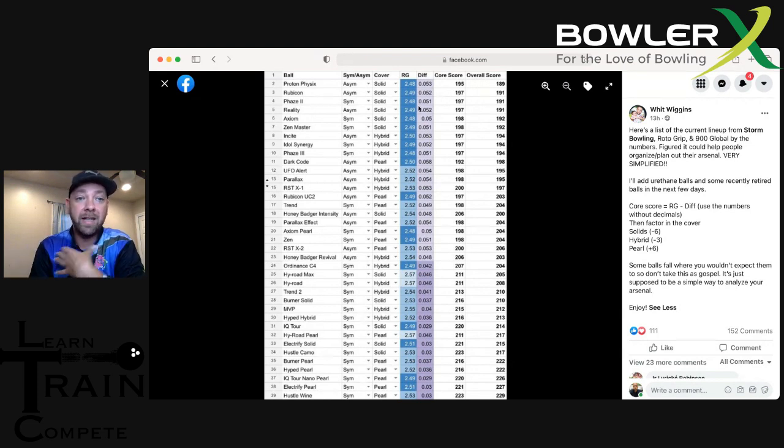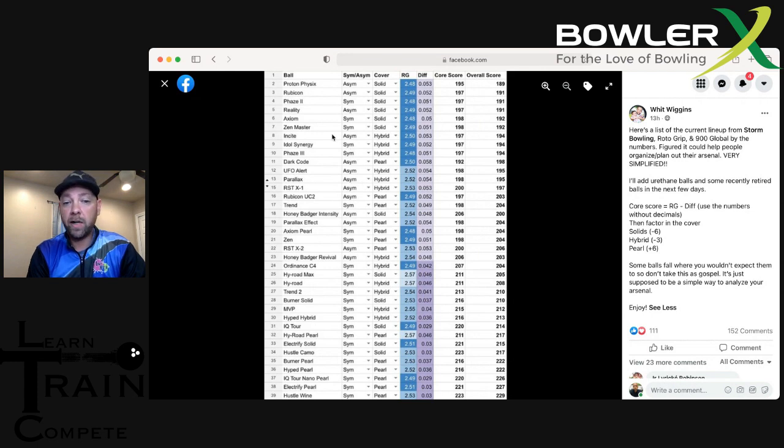Now, the Reality for me is actually stronger than the Proton Physics, but again, that can all be determined based on layout, where you're bowling. All these other different influences can take over as to which one's going to be stronger. I could take a Proton Physics and it would go dead straight in a certain house on a certain pattern, take it to a different house on that exact same pattern, and all of a sudden it's hooking the lane. So that's where we have to be careful with these types of things. We don't want to get too invested in the numbers with this. This is just a real simple way to look at how we can score bowling balls and try to figure out groups of bowling balls.